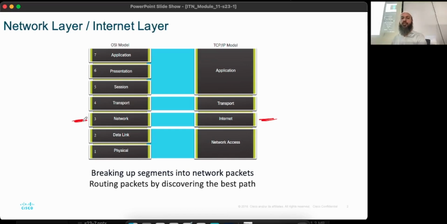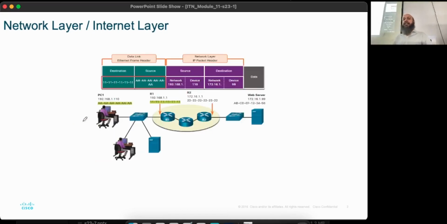Okay, so what's the idea? The idea is that we saw this case study earlier on in which there was one LAN which was 192.168.1.110, and this wanted to communicate with another LAN which was 172.16.1.99. Okay, so you had these two LANs, and in the middle we had the router, and the router was able to do the communication. So in this layer we are going to discuss the semantics and the protocols involved in deciding what these numbers are, right?